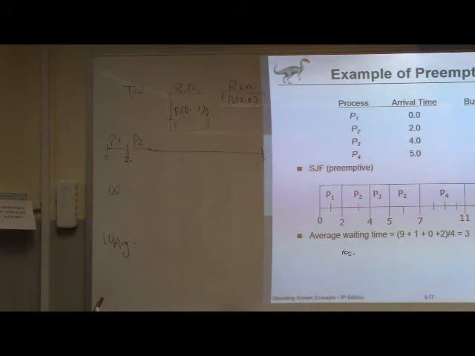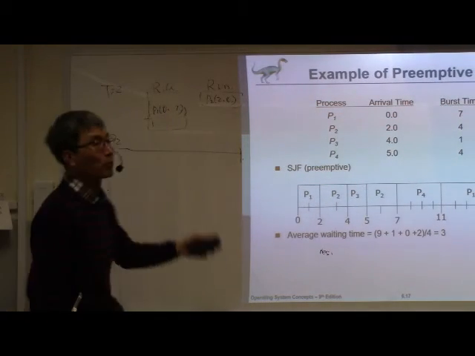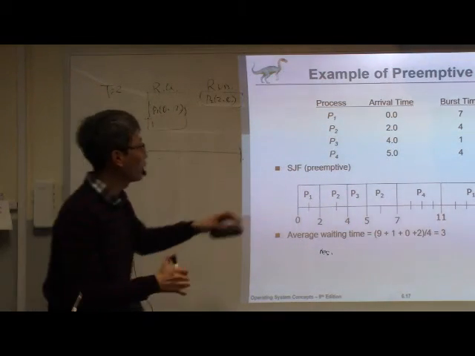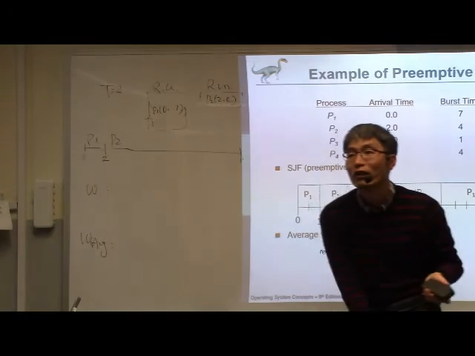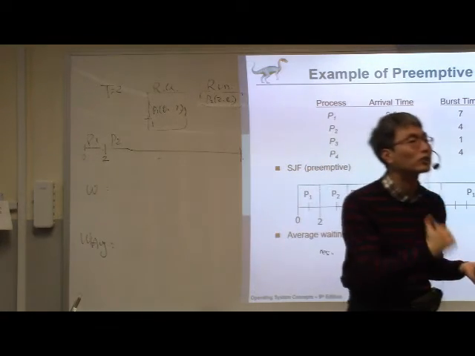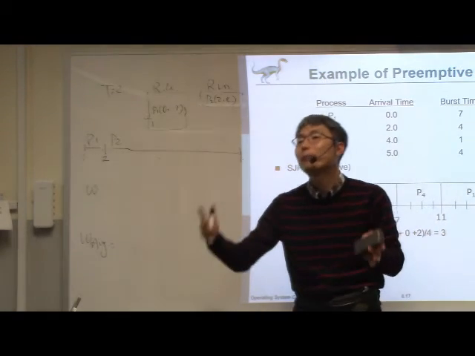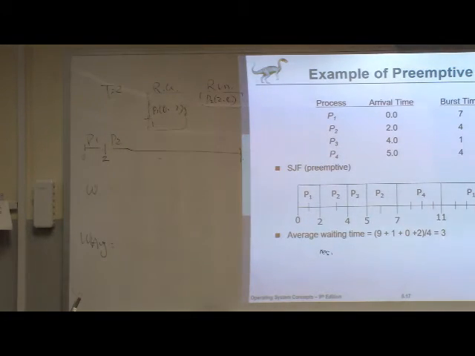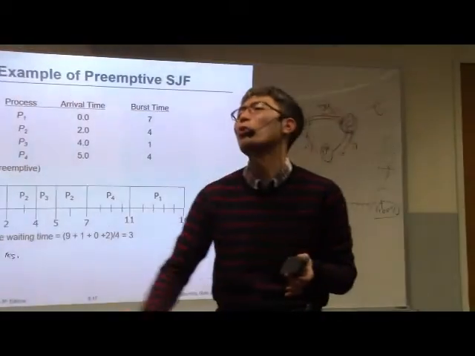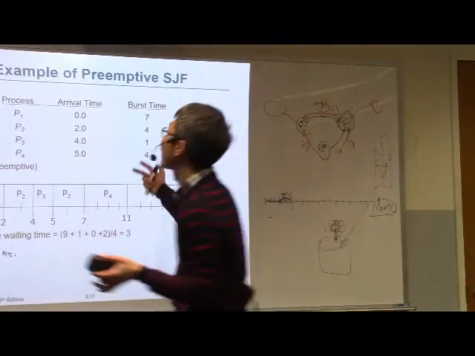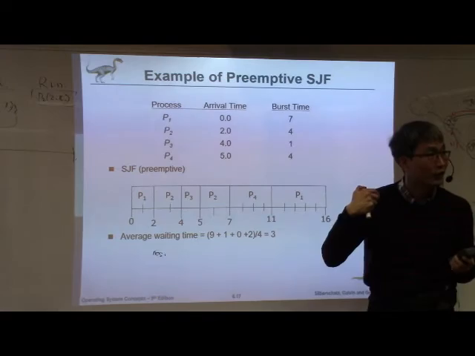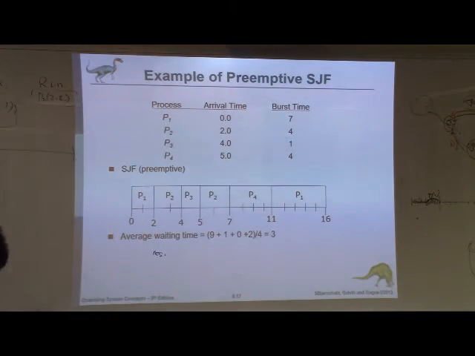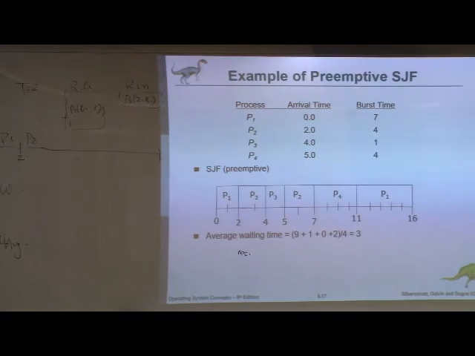That is the reason we have another algorithm that's exactly the same as you suggest. Okay, this one we will consider the remaining job. For example, his question is, why is it still 7? Why don't we reduce by 2? 2 is already done. Okay, it looks like 5. Yes, that's fair in terms of remaining job. To do that, we need to keep track of the remaining job, and that's also overhead. So this is another algorithm that considers only the initial CPU burst time. That is the reason it's still 7 instead of 5. Okay, then